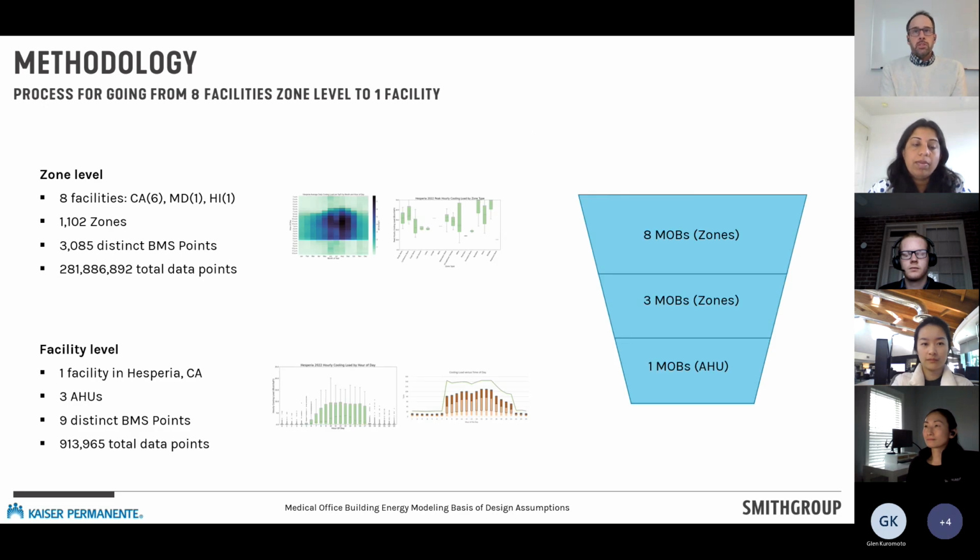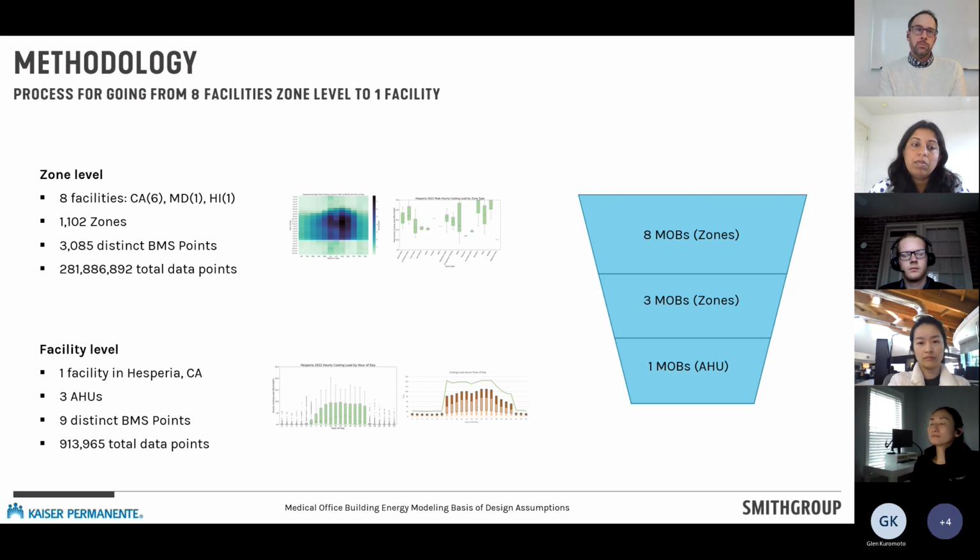Then here, this is just a little bit to talk about the different levels that we calculated load for. So again, we have 8 facilities at the zone level, 6 of them in California, 1 in Maryland, 1 in Hawaii. It's a total of 1,100 zones. There's 3,000 distinct VMS points that we collected. And in total, from those API calls, there's almost 300 million total data points. Just to the right, there's an example of some of the visualizations that you'll see in this presentation that were